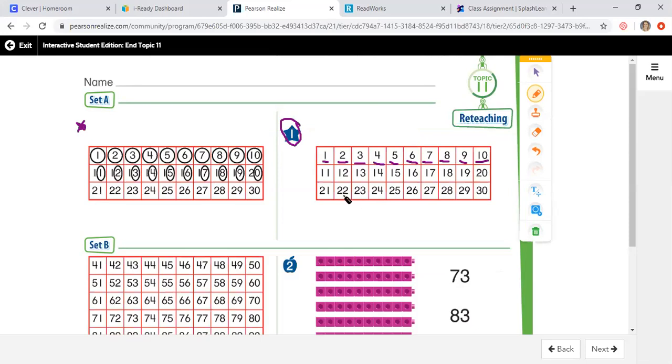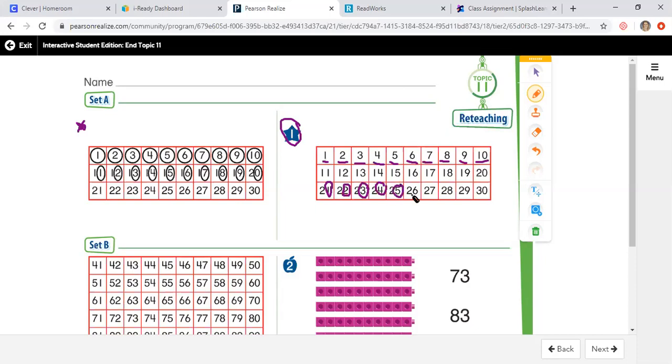So let's listen for the same sound. 21, 22, the 2 sounds the same as 2 and 22. 23, the 3 is the same as up here, 3, 23, that sounds the same. 4 and 24,